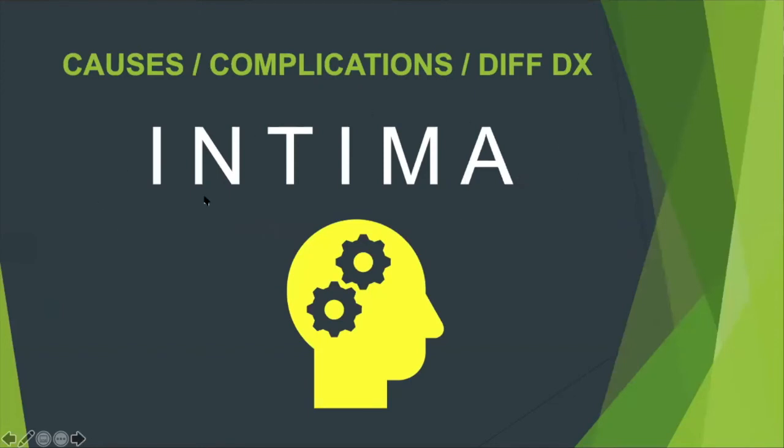Anybody know what INTIMA is? INTIMA is a mnemonic that got me through med school. When you are asked in an exam the causes, or the complications, or a differential diagnosis to anything in life, in medicine, and I can't remember, I use the mnemonic INTIMA because that gives me the answers I'm looking for. So INTIMA: I is infection or inflammatory, N is neoplastic, T is trauma and toxins, and in South